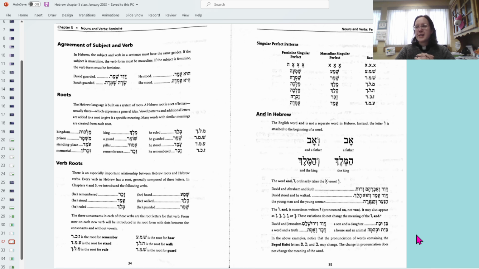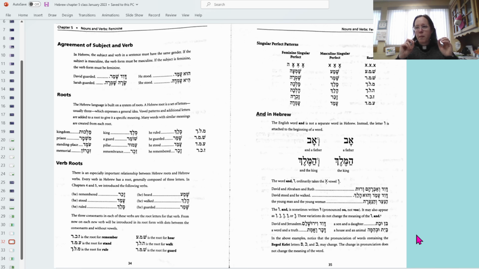All right. Then we have David Shamar, David guarded. Then we have Sarah Shamra, Sarah guarded. Sarah Shamra. That's a little tongue twister. Then it moves on to